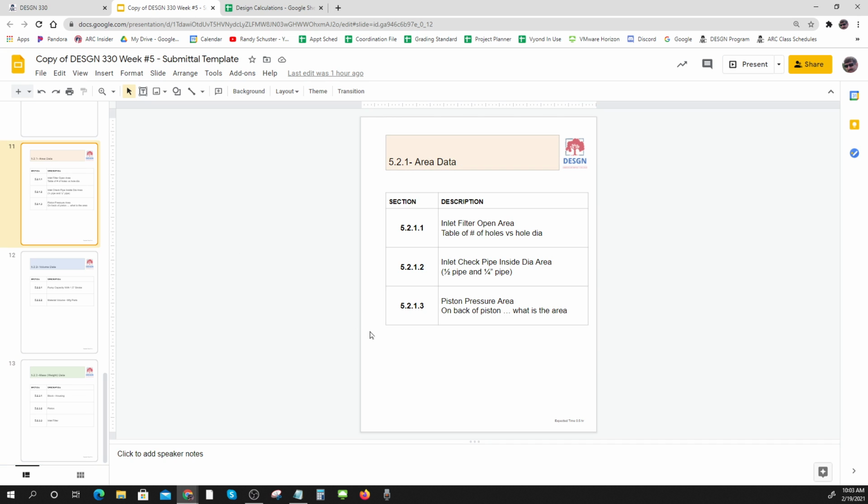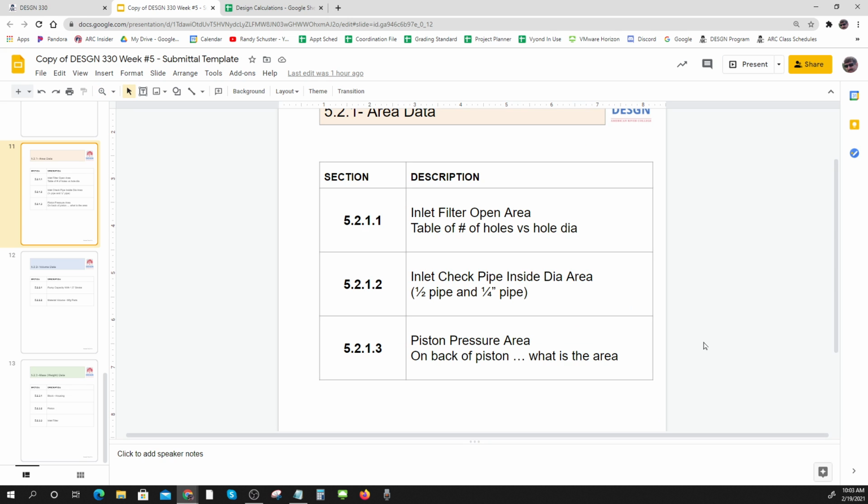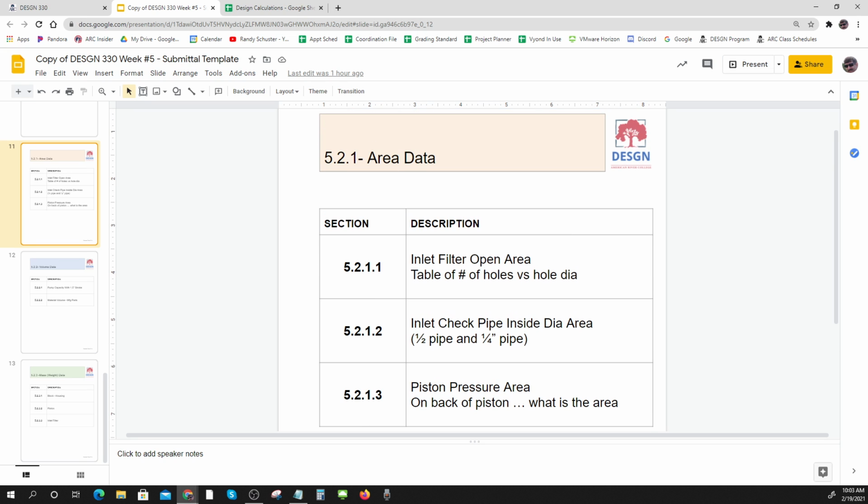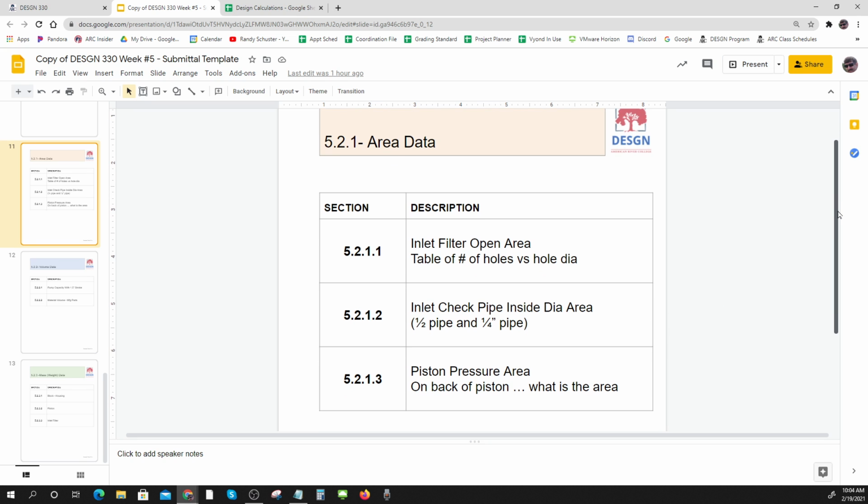So the question that was asked for, and let me zoom in on this, was a quick demonstration for what I mean to put on your area data, which was the inlet filter open area, inlet check inside diameter area, and piston pressure area. So now what you're going to find when you do design is sometimes you just create